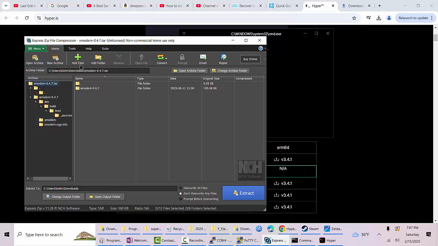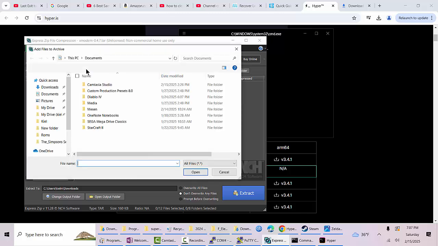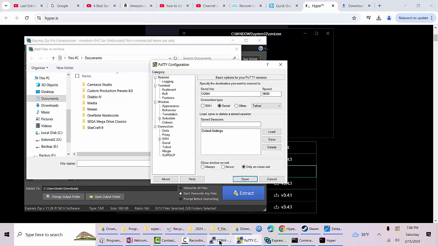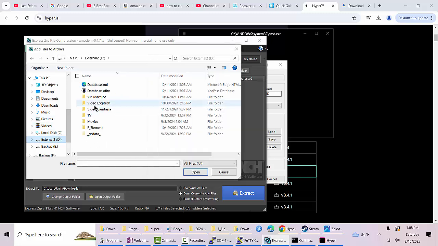So let's go find us a version. Now remember, all this is done by Cisco Docs. This is how I'm trying to figure this out here. Now, of course, Cisco Docs does not get you to this program level, okay? Because whatever program I'm using here, which is called Express Zip File Compression,